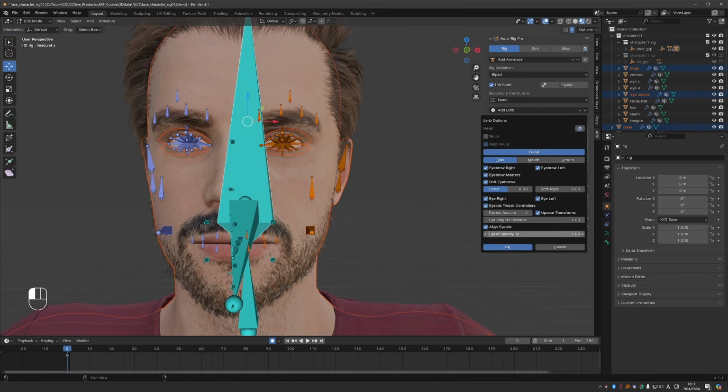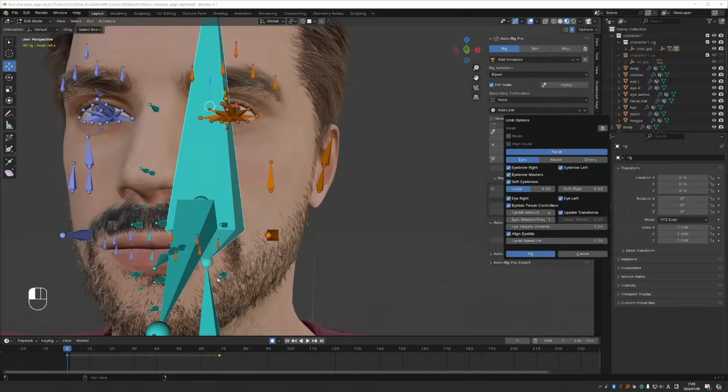Back to the options, the checkbox Update Transform defines what will happen if I change the eyelid amount here. If you disable it, then the existing bones will stay, but new bones will be added or some of the bones will be removed. In most cases, you will keep this on because you will have to do some alignment of the bones anyway. Just before releasing this video, a new version of AutoRig Pro was released, and it included